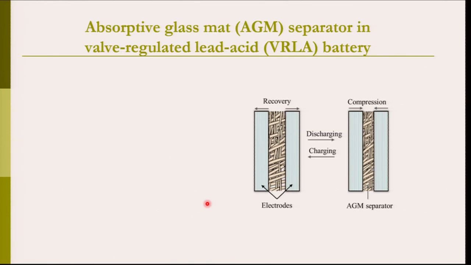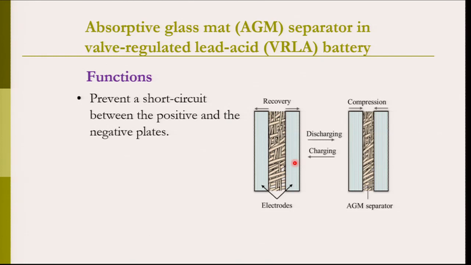In general, the key components of a VRLA battery consist of a positive plate, a negative plate, electrolyte, and a separator which is sandwiched between these plates to prevent a short circuit between the positive and negative plates. So, you have two plates, for example, this can be a positive plate, the other one can be a negative plate. In between we have this AGM separator. So, the main function of the AGM separator is basically to separate these two electrodes so that you can prevent